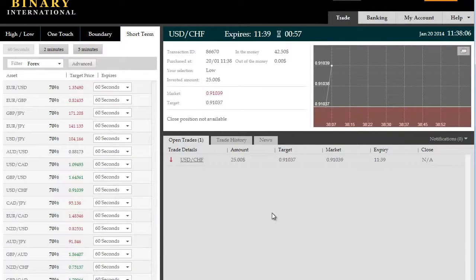short trade. So going ahead with this, don't worry about charts fluctuating up and down. That is the nature of 60-second trading. They do fluctuate. Wait for the end result, and in this case, we're currently in the money. We'll be switching back and forth between the screen and the trading platform here at Binary International, just to show you what's going on with the charts with Saturn Pro and how trades are panning out